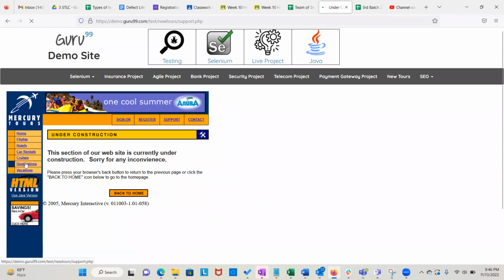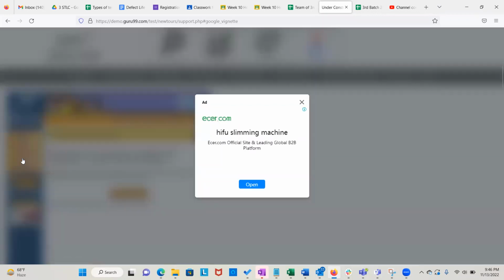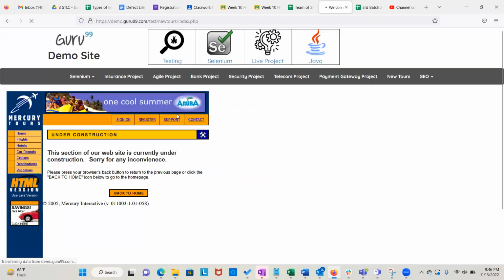Vacation, destination, cruises. No, cruises is probably working. Yeah, so what about car rental? So car rental, destination, and vacation, or any other pages behaving the same way, do not log the same bug, because if you're doing that, all you're doing is changing a couple of words and everything else stays the same, right? You're not getting your practice done. I have seen a lot of people log similar bugs, which is not acceptable. So that's one thing I have noticed.